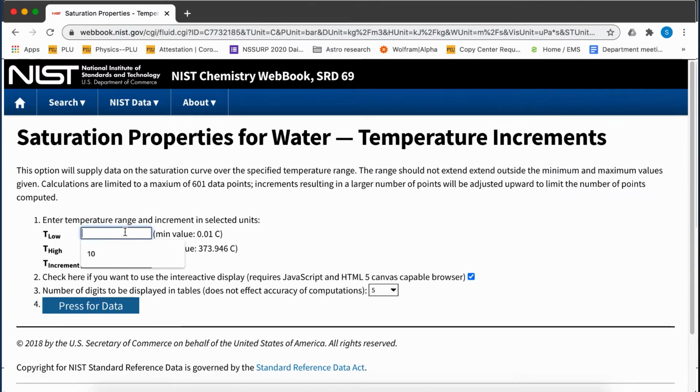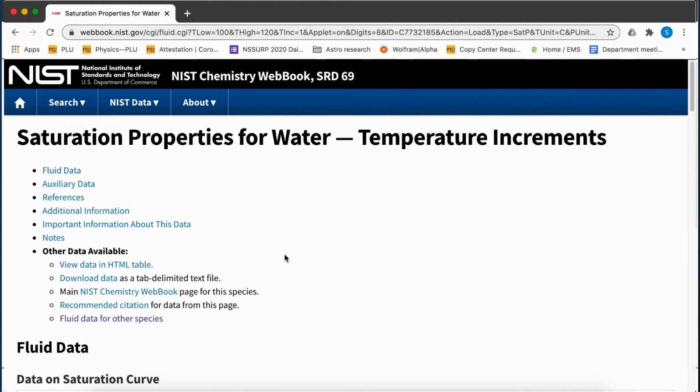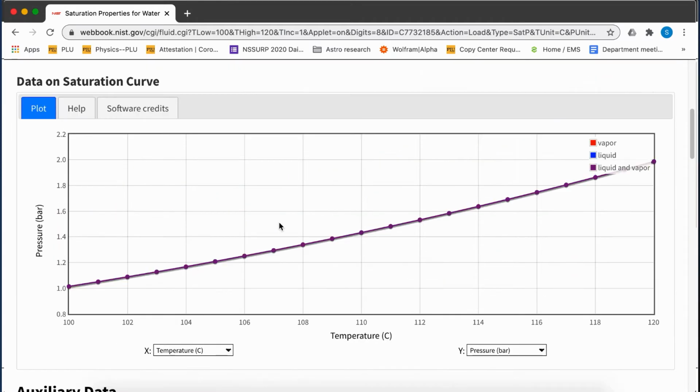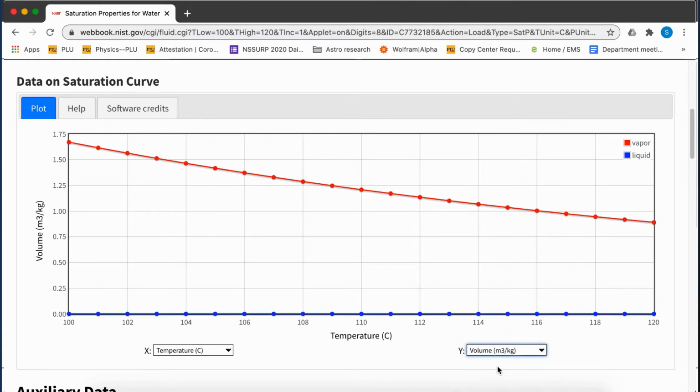So now I can specify the low temperature and the high temperature, and the increment will just go by 1 degree C, and again we increase the precision over here. Now we didn't have to specify a pressure because remember, under the vapor dome, if you pick the temperature, you pick the pressure. So now you can see that we have this data graphically, and if we go down here